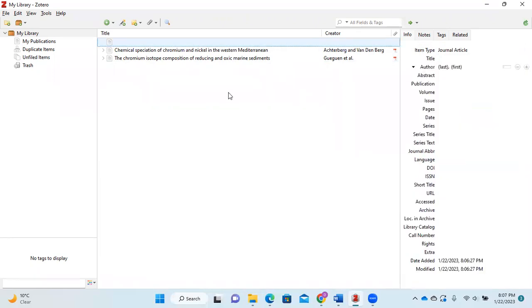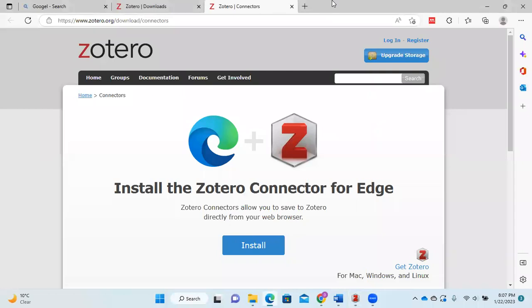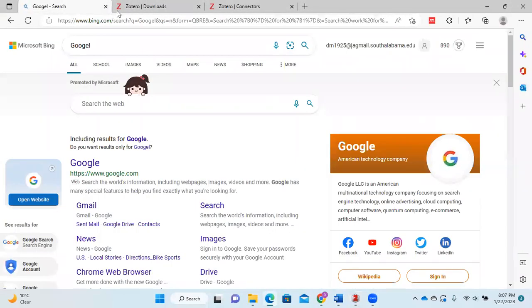Either you can add the PDF file directly here, or there's another very easy way of adding a manuscript to your library, which is the online source. Say you are in